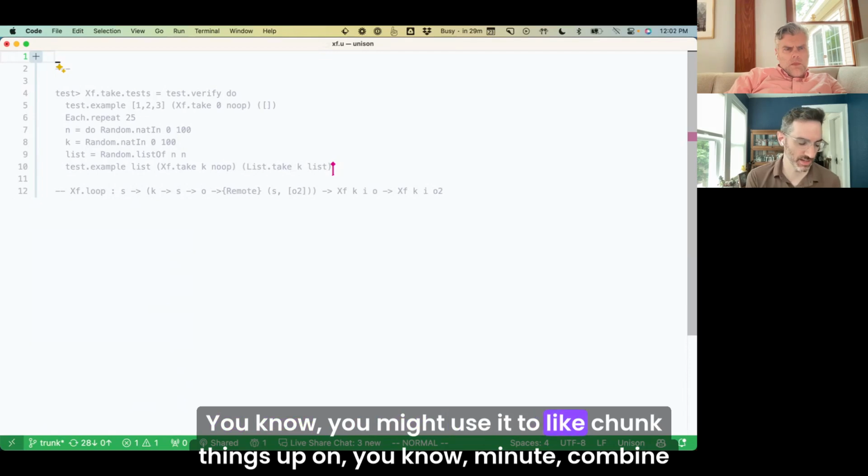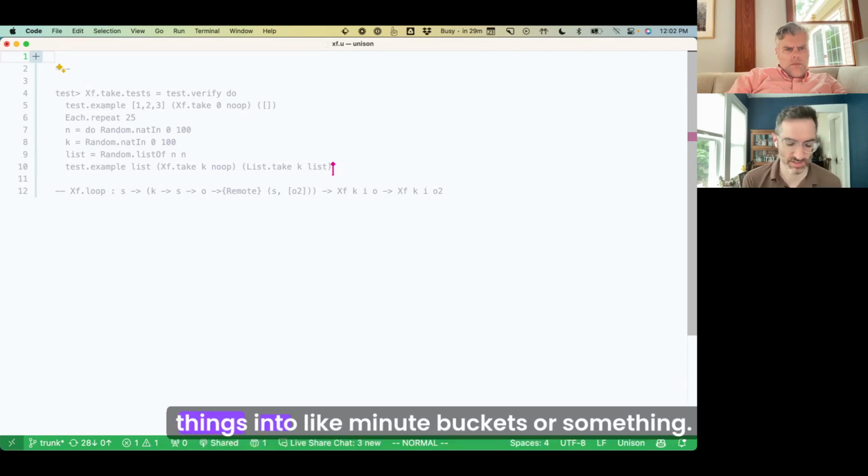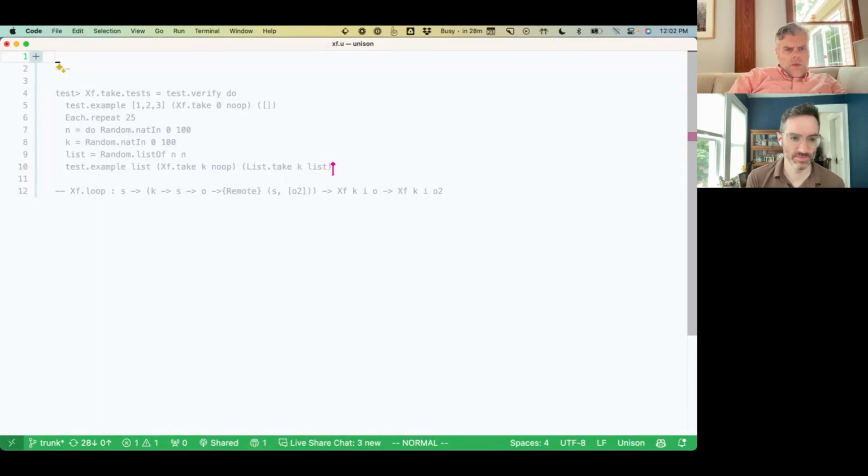You might use it to chunk things up on, like, combine things into minute buckets or something. Yeah, I like it. I think that's good.